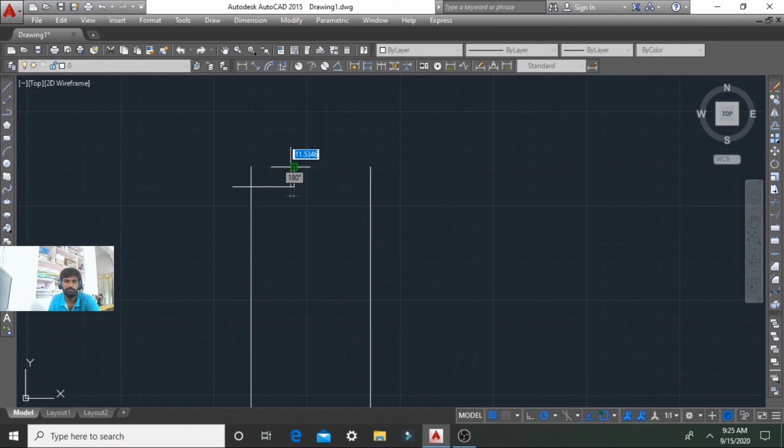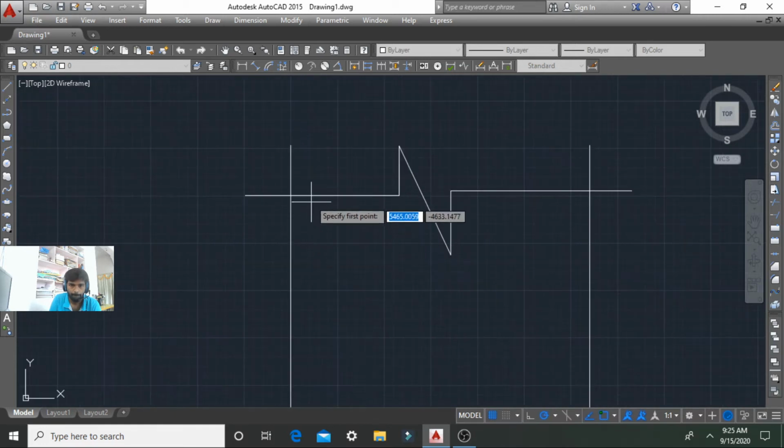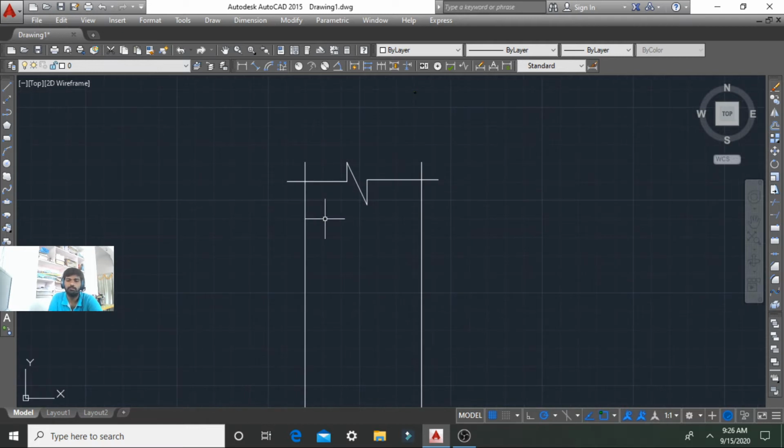Here this is the cutting, this is the column position, and the reinforcement will start here with a 50 mm or 25 mm cover, I think. For the column reinforcement I will give 25 mm spacing.